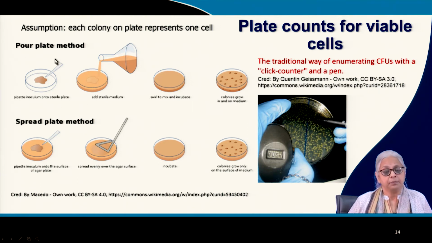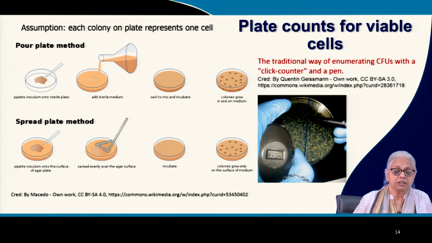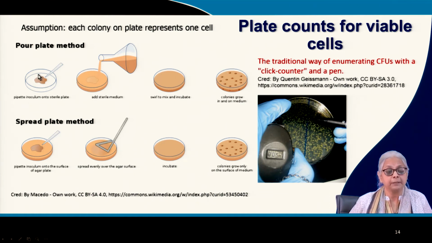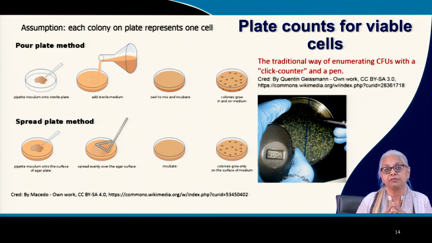In the pour plate method, which is the other method, the inocula or the amount of sample that is required, you can add 1 ml because there is no limitation over here. I'll come to this point again. You can add 1 ml of the sample and then add the sterilized agar containing medium to the plate. Now, the problem with this is that the temperature of the agar containing media has to be fairly high. So it's about 45 to 55 degrees.